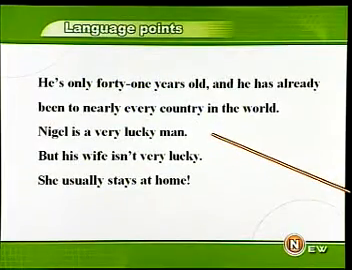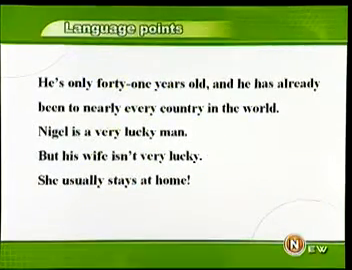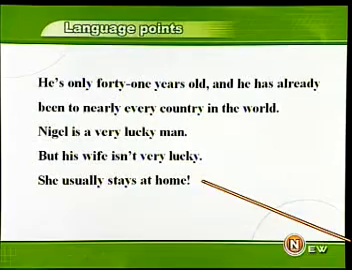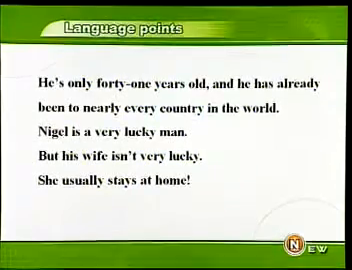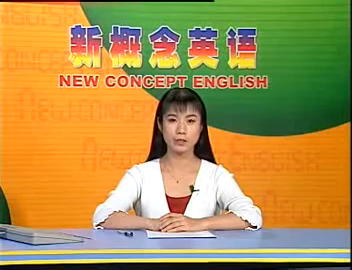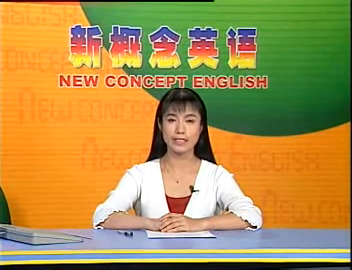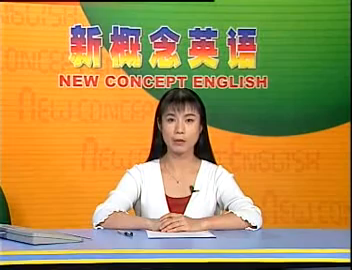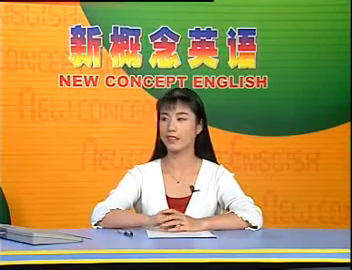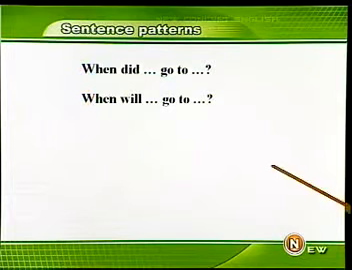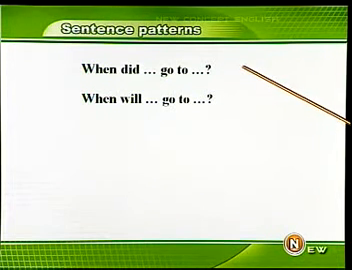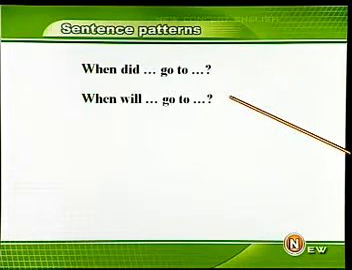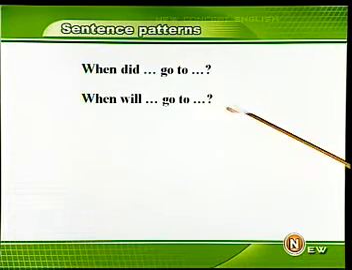Nigel is a very lucky man, but his wife isn't very lucky. Nigel 是一个幸运的人，但是他的妻子就没那么幸运了。Then why is his wife unlucky? Because she usually stays at home. 她通常待在家里。这篇课文虽然很短，但是却包括了过去、现在、将来等各个时间段里发生的事件，这一点请大家特别注意。下面我们就重点的来总结一下一般过去时和一般将来时的对比。When did go to 什么时候去的某个地方，When will go to 什么时候将去某个地方。